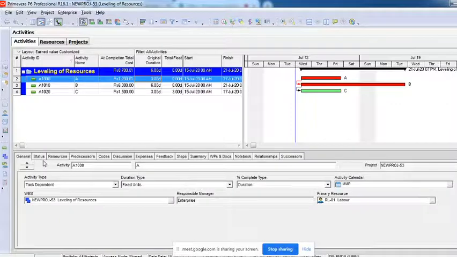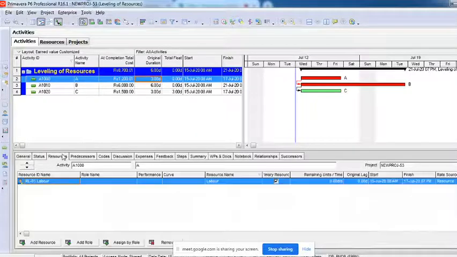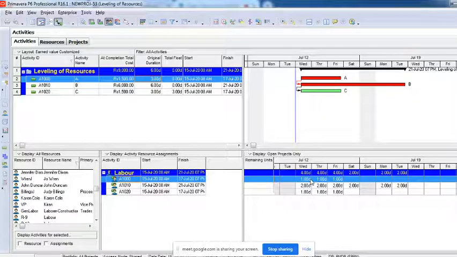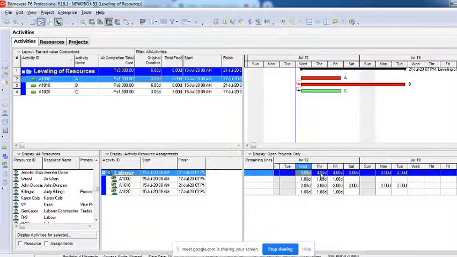Activity A, it's a fixed unit, so I'll change it to fixed units and durations. I'm changing it, right? I'll have to change it here also. Right, now this is proper. Now you can see here it's 1 2 1, 1 2 1, 1 2 1. You can see on Wednesday I need 4 labors, Thursday 4 labors, Friday 4 labors, but what we have is only 3. And there's another constraint that all the 3 activities have to be started simultaneously on the same day, start to start relationship.